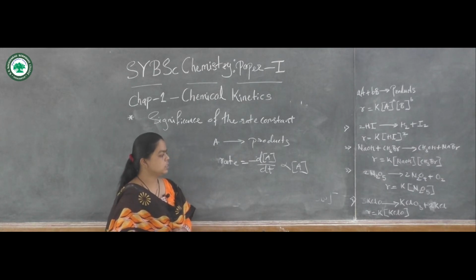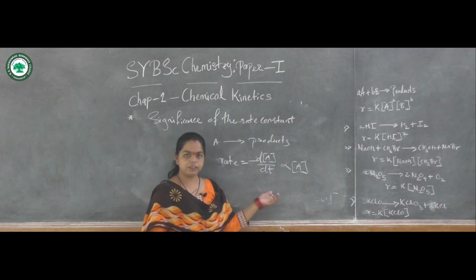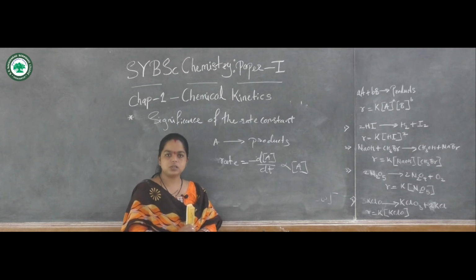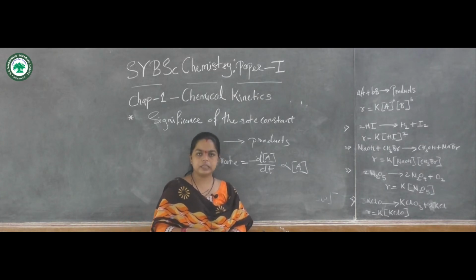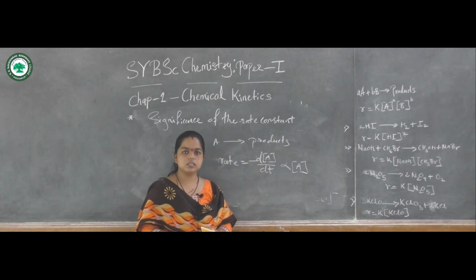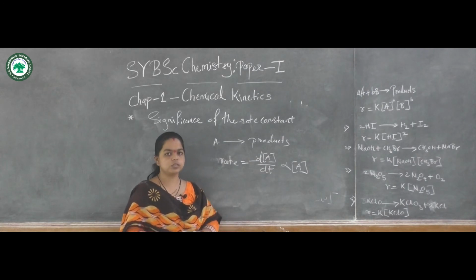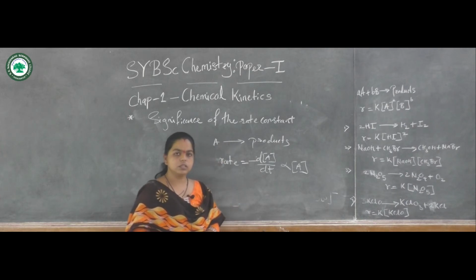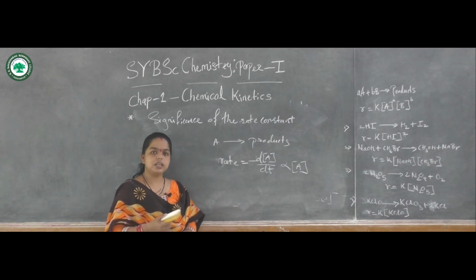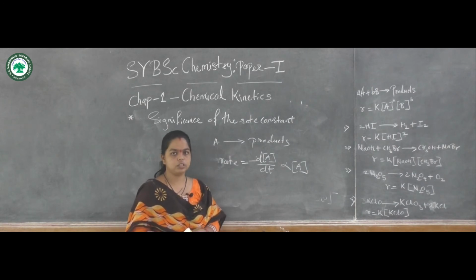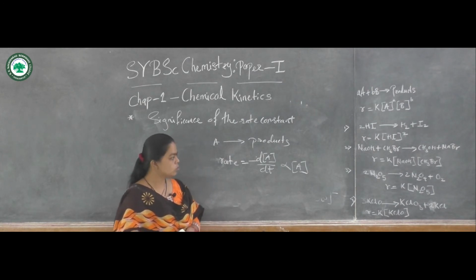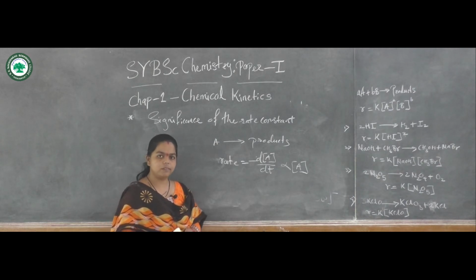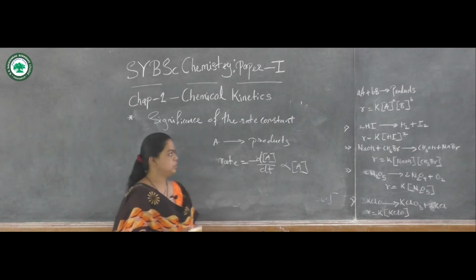Now when we consider this rate constant, it is specific, and when an excess of the reactant is used, the reaction follows zero order. We are going to study the order of reaction, but if an excess amount of the reactant is used, then the rate is independent of the concentration of the reactant. So this can be changed only with temperature, but generally we are not going to change the temperature.